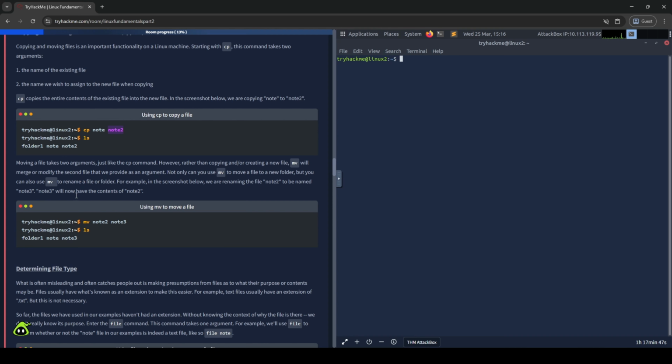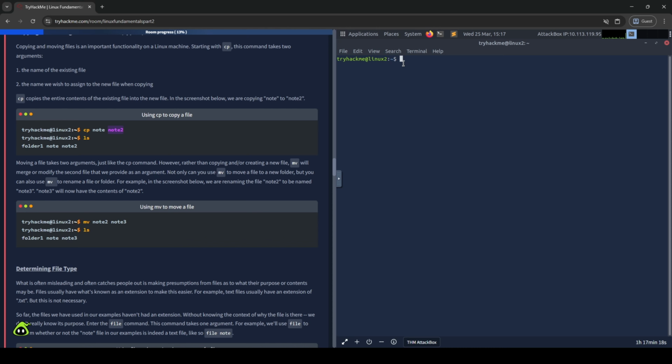Move command. It is similar to the copy command, but instead of copying, it modifies the second file, what we give to it. So mv doesn't just move files, it also renames them. So if the destination is just a different name in the same directory, you've effectively renamed the file. Same command, different use. That dual behavior is something worth remembering because it shows up a lot. Okay, it sounds confusing at first, but let's practice it to make it more clear.